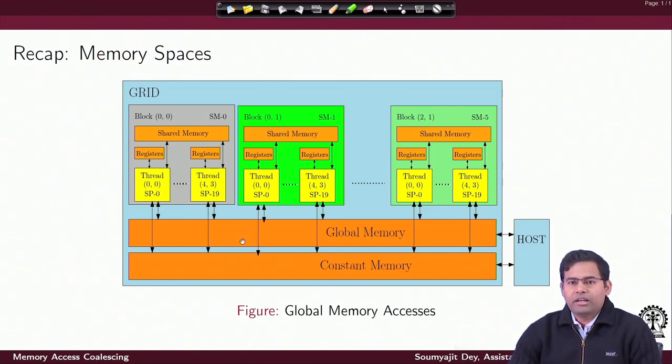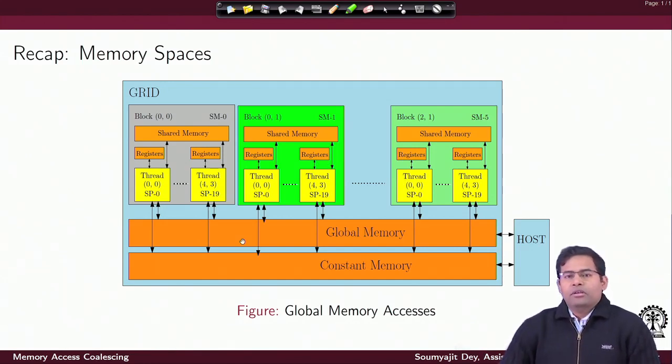So, if you are writing a program which will be doing a lot of access to the global memory, essentially your program's performance will be low. It will not execute with high throughput. If you can somehow rewrite the program so that effectively the number of global memory accesses is reduced, then your program will perform much faster. So, essentially the important thing here is how I can reduce the number of times global memory is going to be accessed by a program.